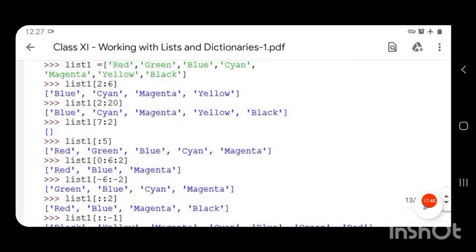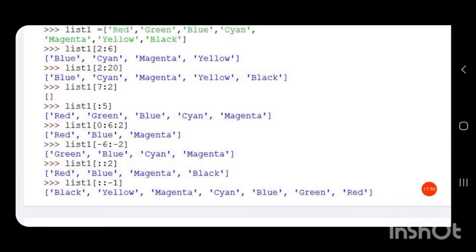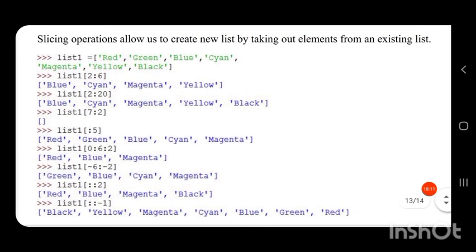To reverse a list we do not have to specify the start and stop, and the step value has to be given as minus 1. Then the list will be reversed, and the element at position minus 1 will be displayed, then at minus 2, and minus 3, etc.